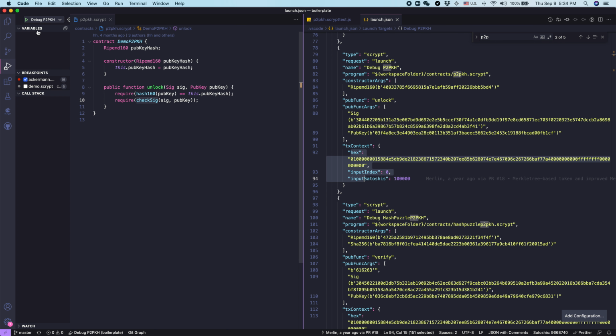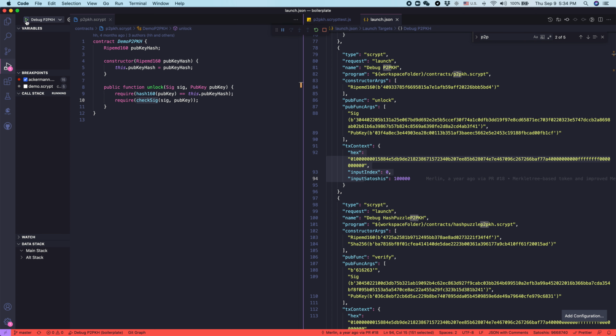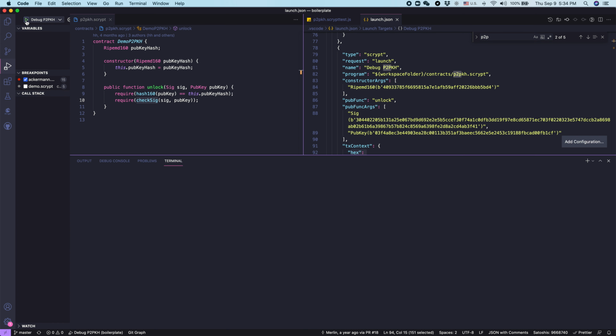So as before, we can launch the debugger and run the contract. So for example, now we can click. Oops, let me bring out the debug console. Okay, now it says run successful. We can try to run it again. Let me actually delete this so we can make sure this is up to date. We just run, and it says successful. So we just showed how you run any contract that involves